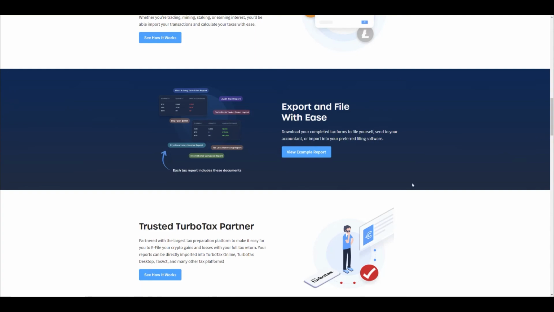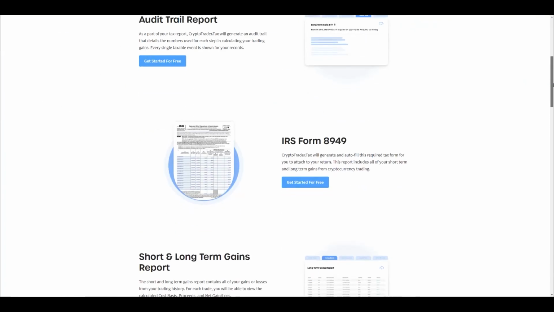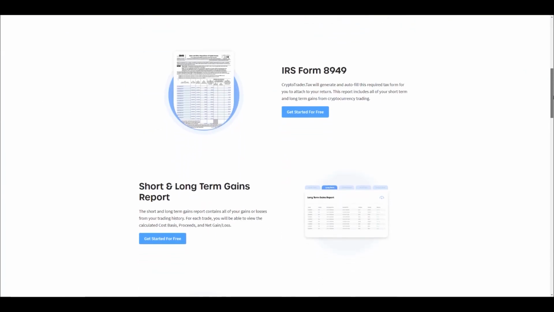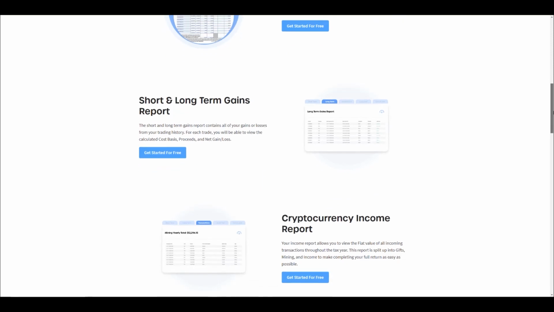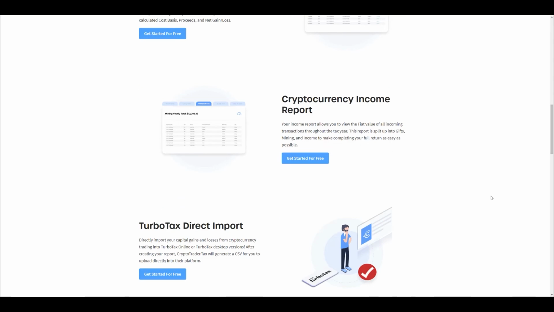You can download your completed tax forms and either send it to your accountant or actually import it into your accounting software. So if we look at the report there, it will show you that you can obviously fill out standard forms based on your tax authority's design, and it will calculate things like short and long-term gains, in addition to classifying different types of